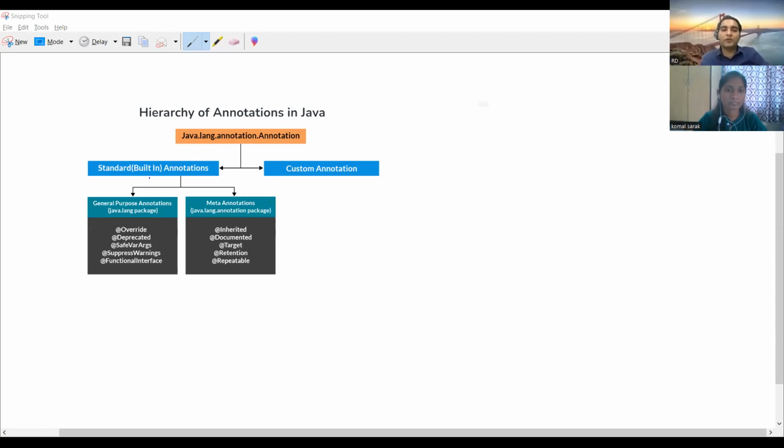We have two types of annotation here, one is built-in annotation, one is custom annotation. The annotations in the java.lang package, Override, Deprecated, SuppressWarnings, FunctionalInterface, are general purpose annotations. Then we have meta annotations: Inherited, Documented, Target, Retention, Repeatable. This is how you can explain it in an interview. So these are about annotations in Java.